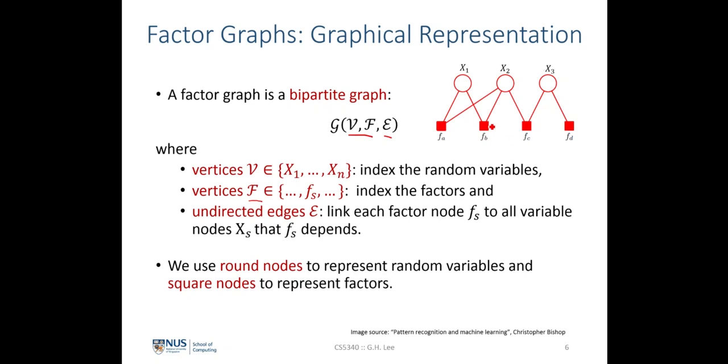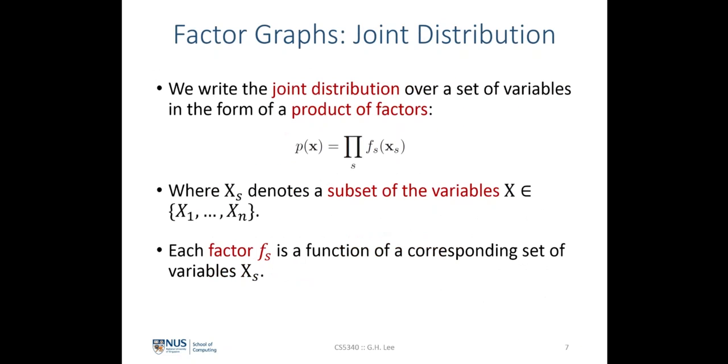So these edges will only exist in the connection between a factor node and a random variable node. We'll use round nodes to represent the random variables and square nodes to represent the factors, following the notation defined in the textbook by Christopher Bishop. Now, given a factor graph, we can write the joint distribution over a set of random variables in the form